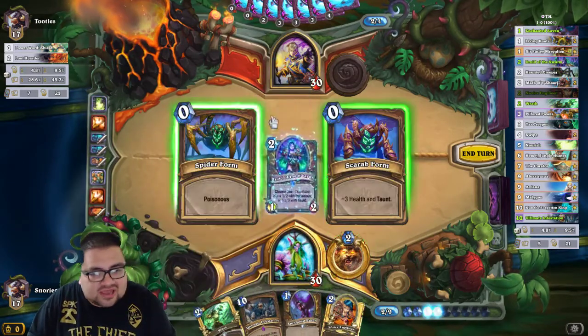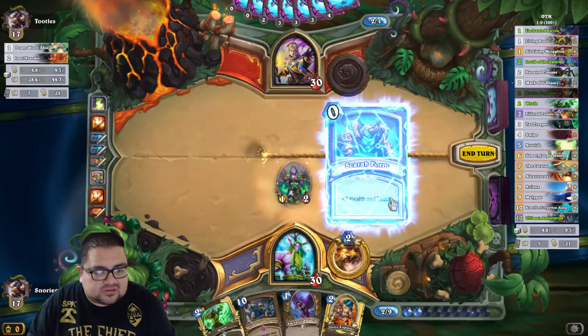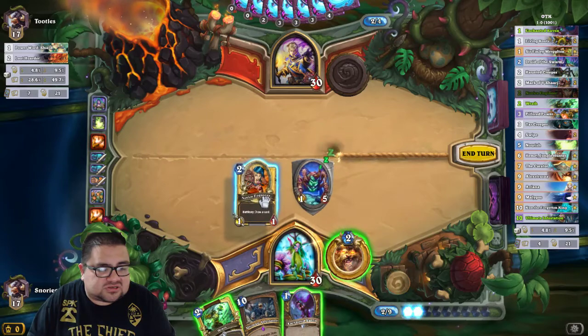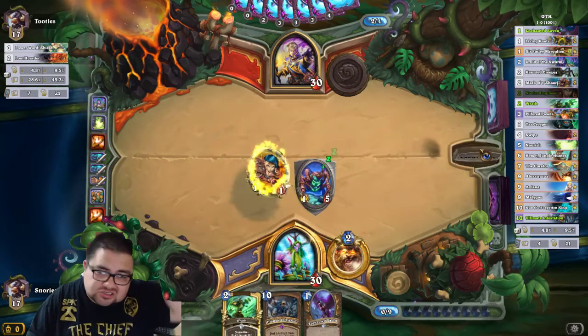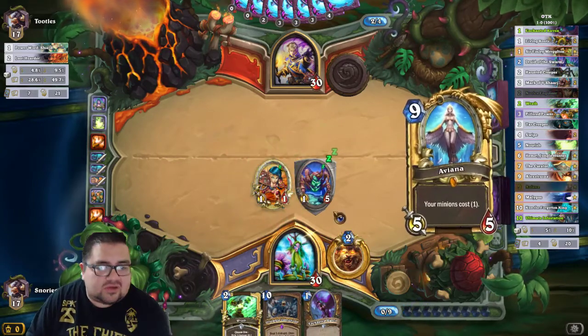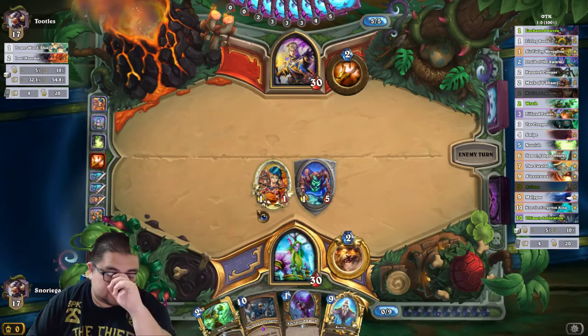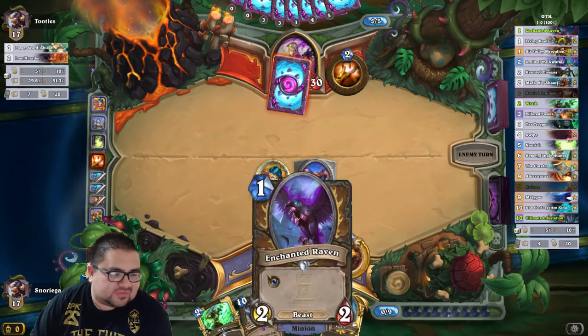Okay, so here I'm going to take the mana crystals because, hey, I just need more mana crystals. And I'm going to play this 2-drop to use up my mana correctly. Oh man, we can play more 2-drops. Let's do it. Let's play it all out. Let's draw more cards. We want to dig. We want to find Hemet. We want to find combo pieces. I actually maybe should have played the Enchanted Raven, but